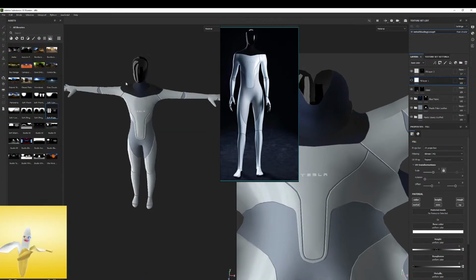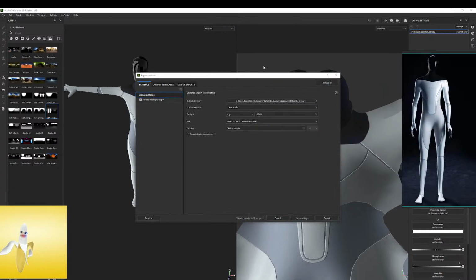But yeah, this is looking good. All right, I'm gonna save it or export it. So I'm gonna go to export textures, and I'm gonna export the textures for, what do we do? Actually, I'll do